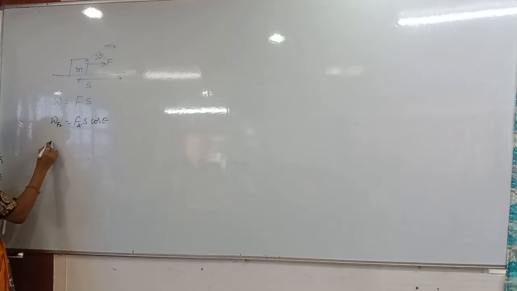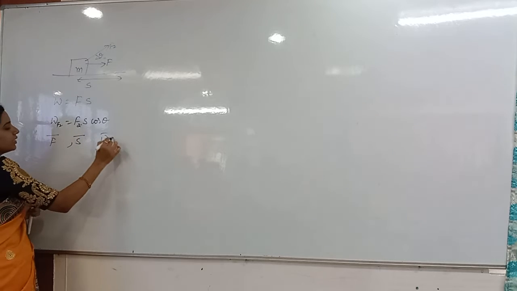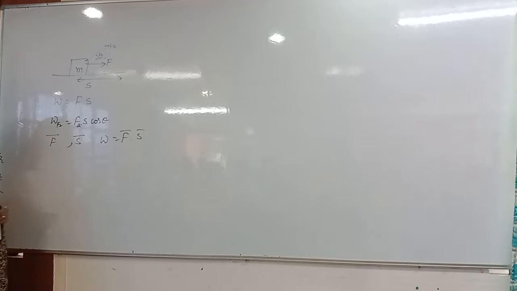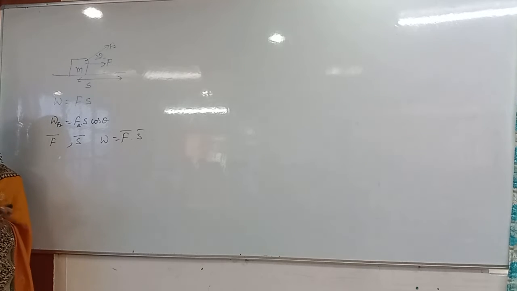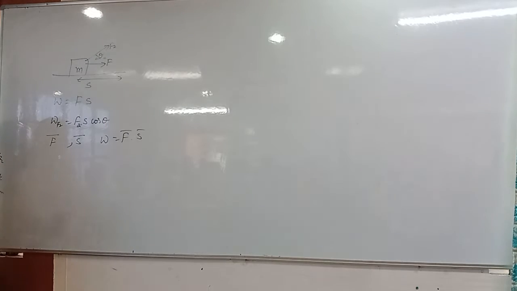And also I said the vector form also, whenever they have given the F bar and then S bar, then work done is equal to F bar dot S bar. Dot product you have to do between them. And also how to do the dot product? You have to multiply i with i, j with j and then k with k, and then you have to add them. That's it. If positive is there, positive, or negative is there, means negative you have to take. So that and all we have done.